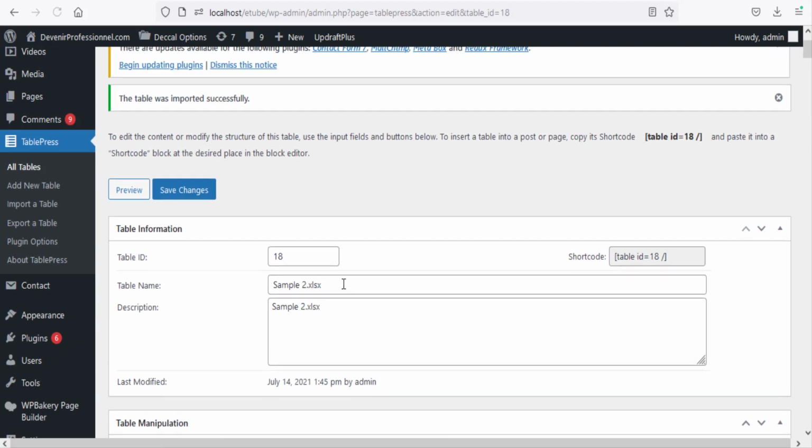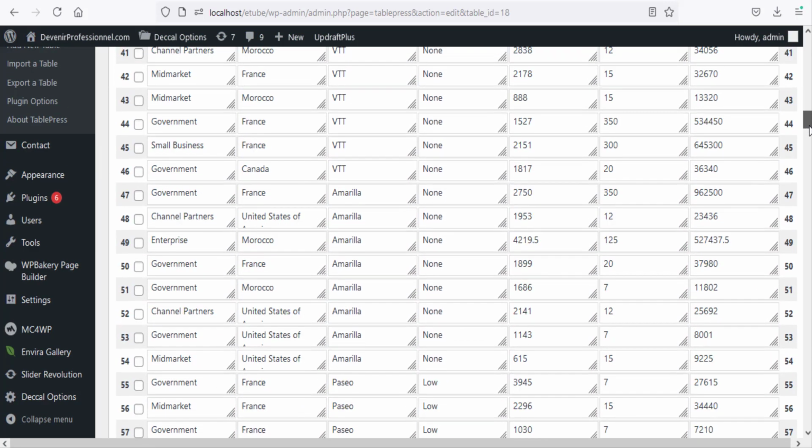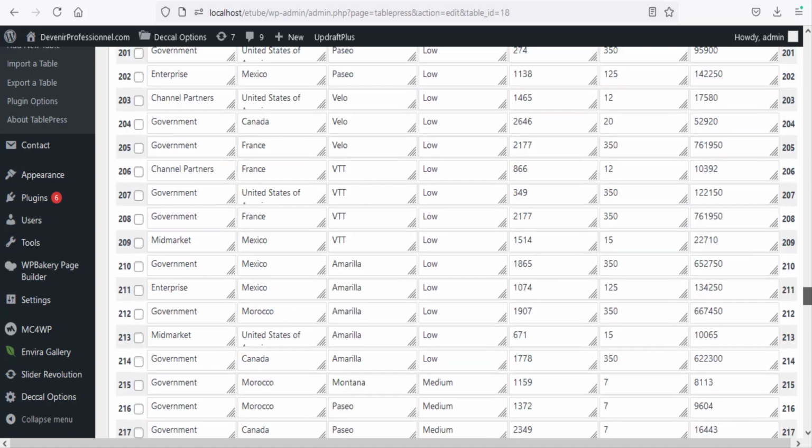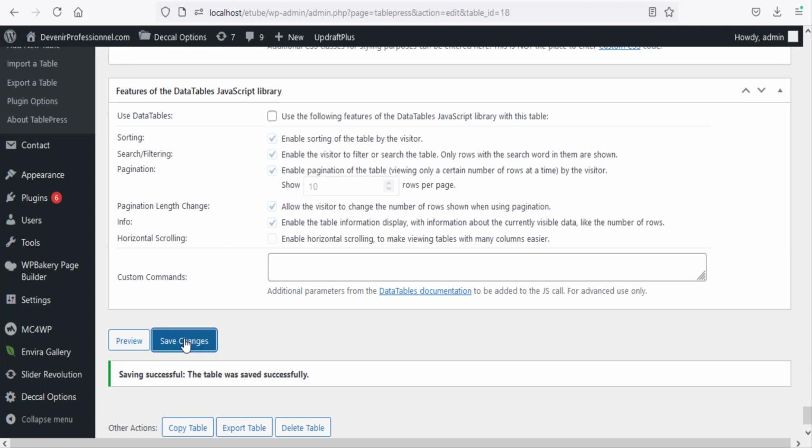So this is your table now. The ID 18, you can change the name, change the description. So now this is the table. It's really a big table, as you see here. It's really big. So for example, we will uncheck this just to see the example. Click on save